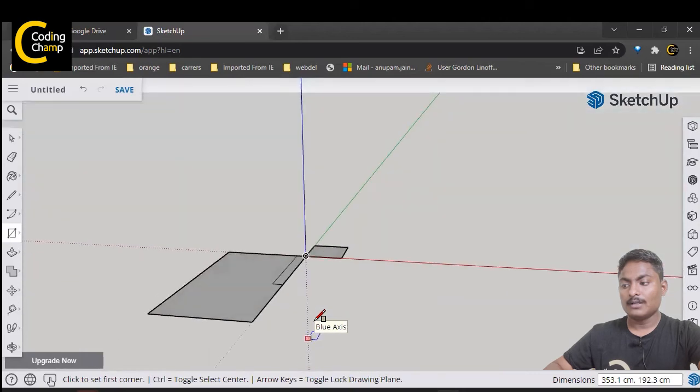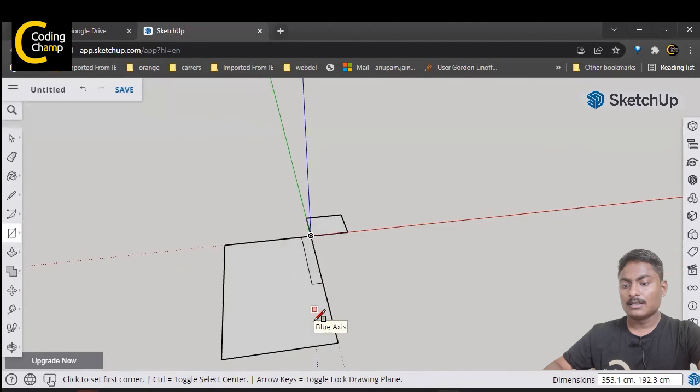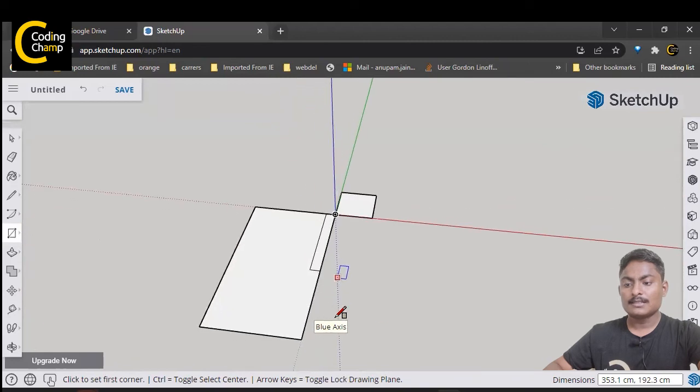Now I have created one rectangle over there. Okay, and what are the dimensions of this? The dimensions of this are 353.1 centimeters by 192.3 centimeters. Okay, now it's your turn to create one square and one rectangle, and you have to share your project